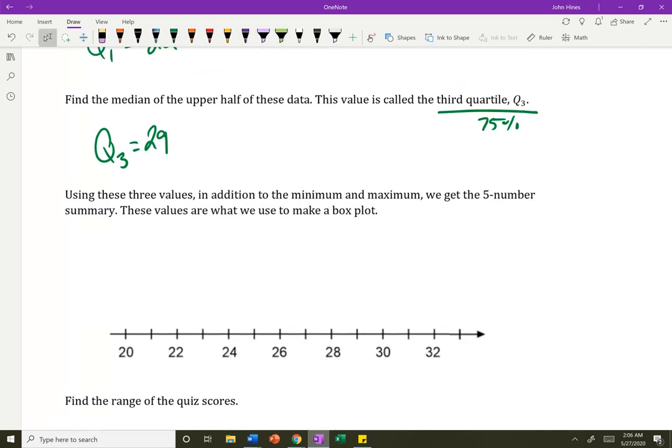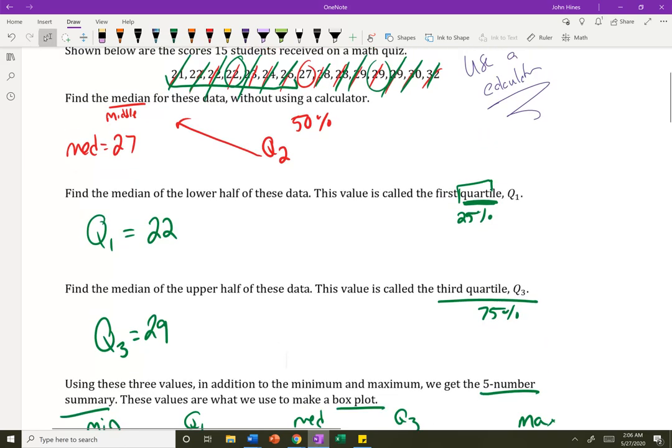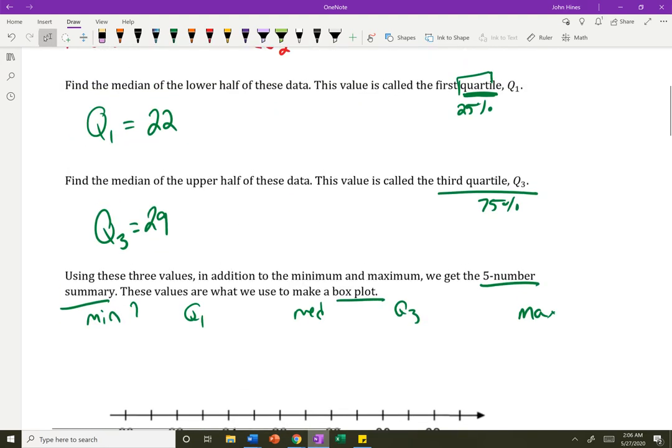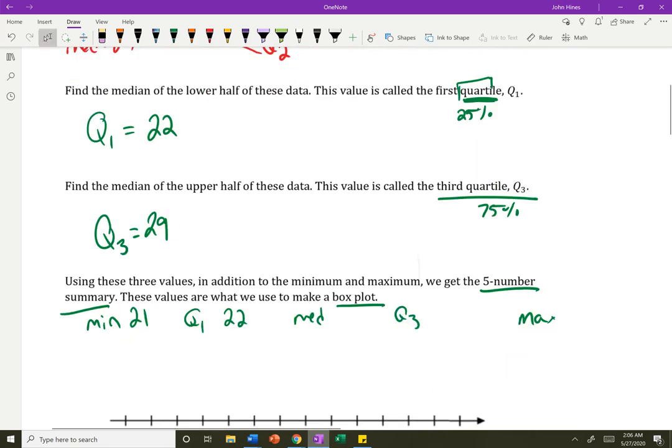So in addition to these three values, we can talk about the max and the min to make a 5-number summary. So I need the min, the maximum, Q1, median, and Q3 to make a box plot. So what's my minimum? How low do I go? 21, Q1, median,